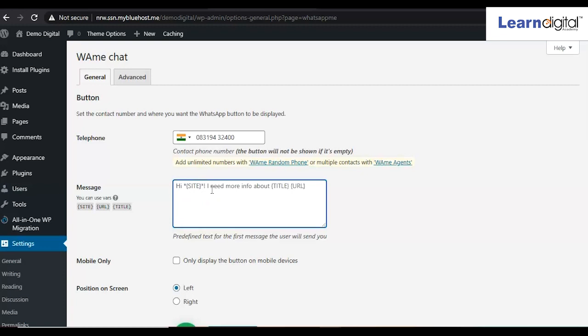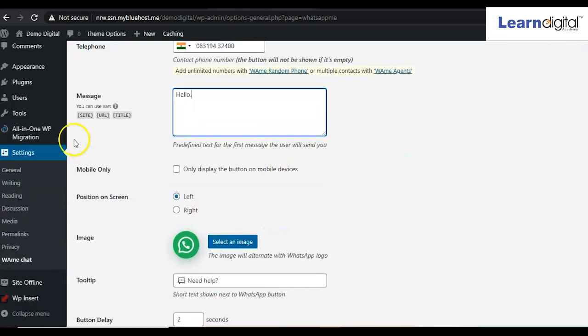Here you can write any message, for example, hello. Then here one option will be there: mobile only, display the button on mobile devices only.